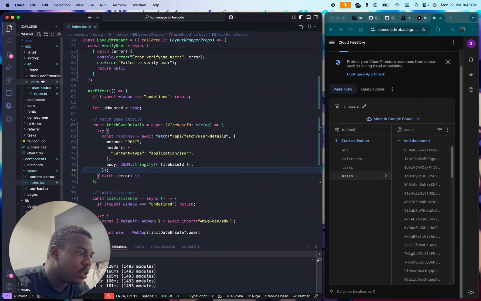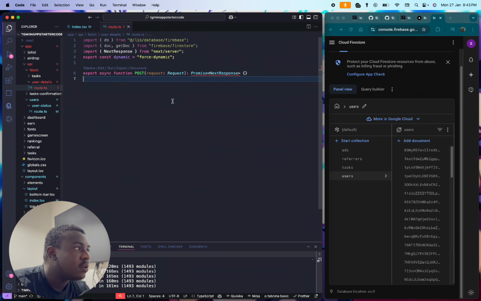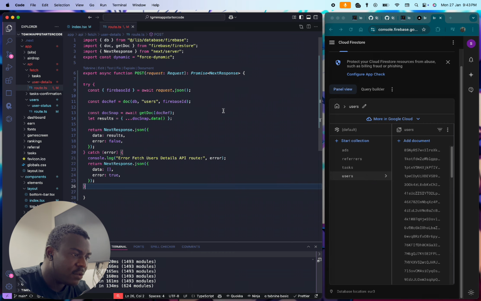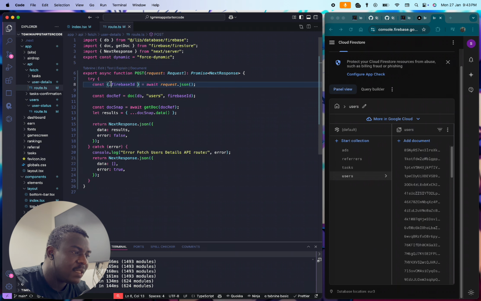Okay, so in our fetch user details route, we're just going to create a little try catch error. So over here we're just getting the firebase ID, and we are querying the user's collection with this firebase ID, and we're just getting a snapshot of the document, and then we're returning that. And if we're getting an error, we're returning data has nothing and error has true. So when we go back,